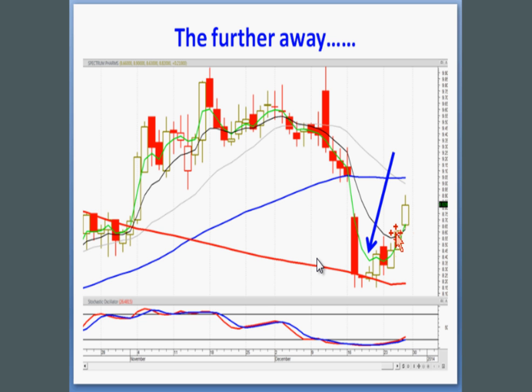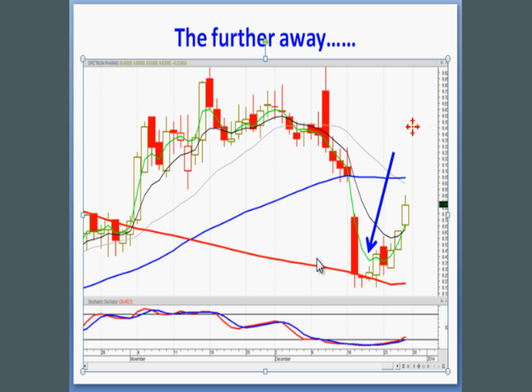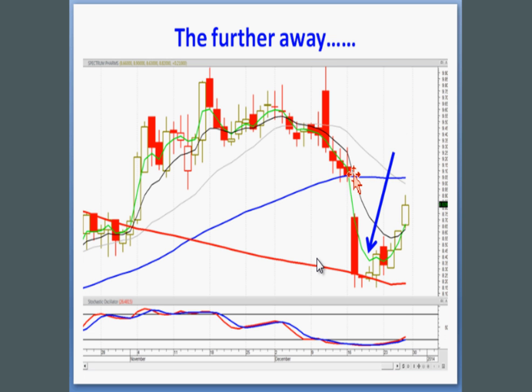Can I use the arrow pointer? I don't know. Oh, I don't know why it's doing that. What type of pointer do we have on there? Anyways,